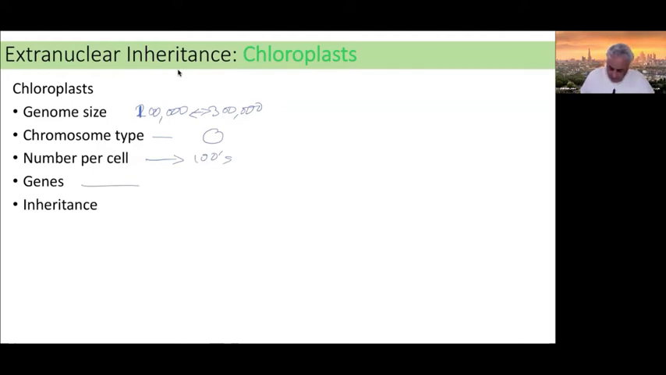And how many genes do they carry? Well, in this case, they carry 100 to 200 genes. And these genes, once again, some of them are making proteins for the organelle, others are making tRNA and ribosomal RNA for exactly the same reasons we saw in the case of the mitochondria. Okay, just to finish off the story here,